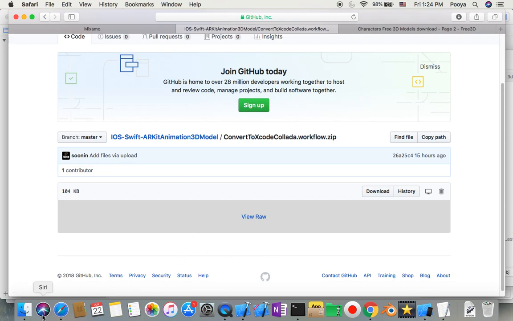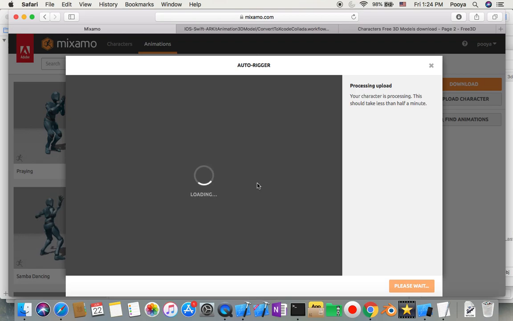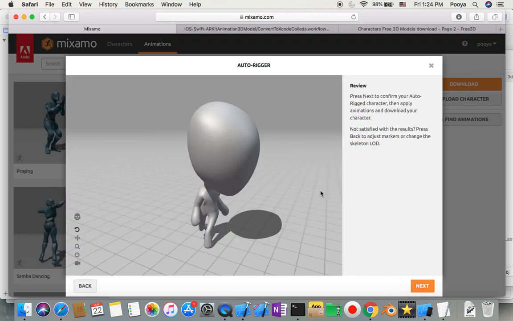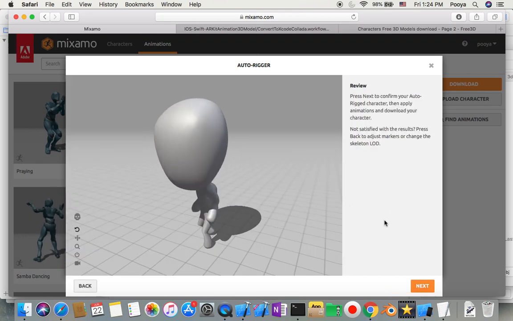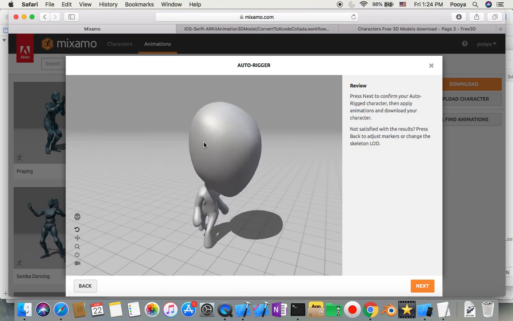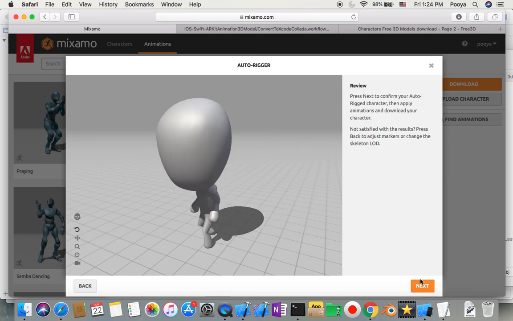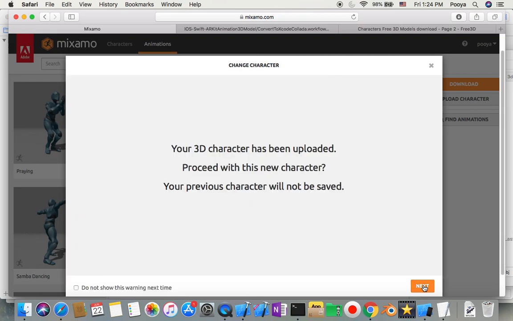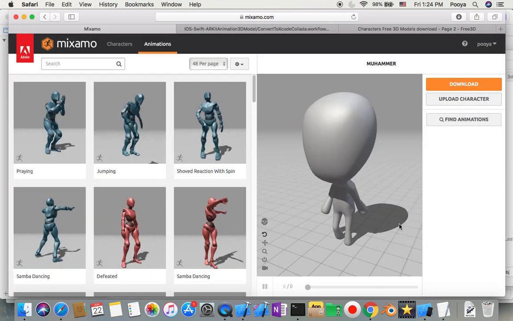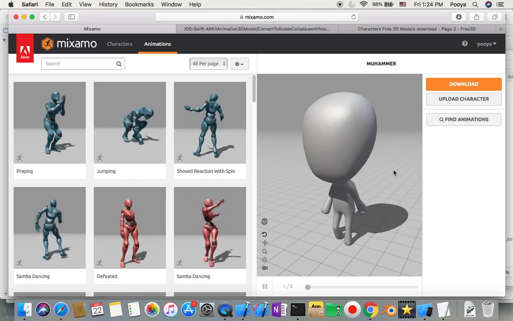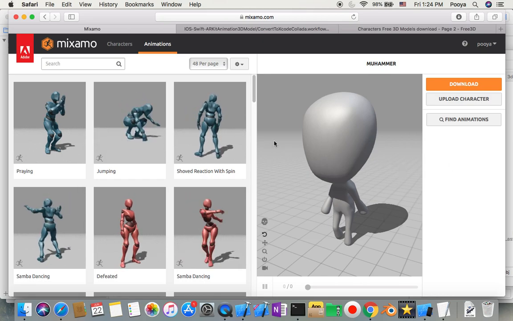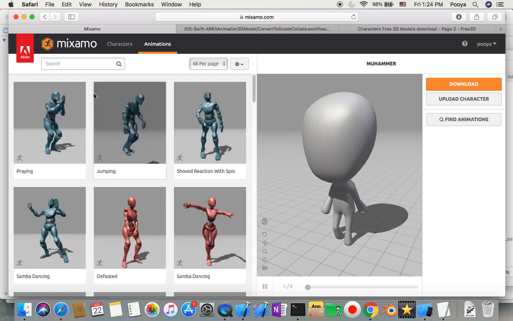Okay, and yeah, let's come here and see what this did so far. Yeah, it's found my 3D object and started running the animation. Okay, so I click next and next. Okay, now I have my 3D model here. Now I can start to give it